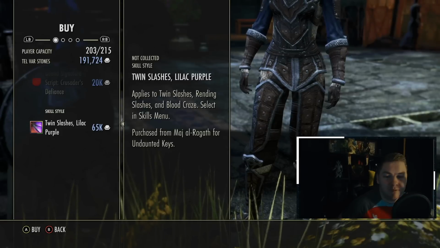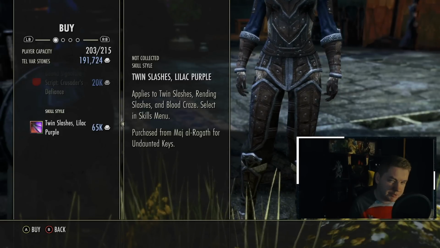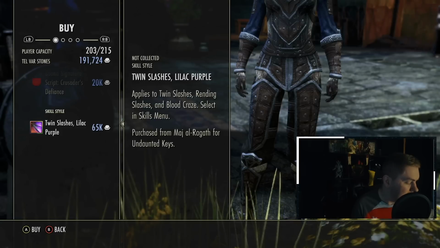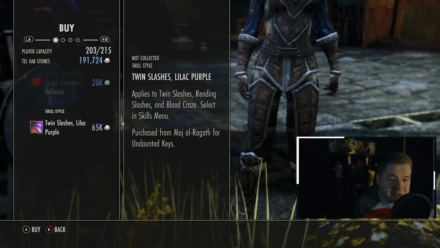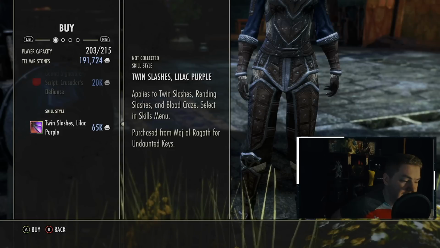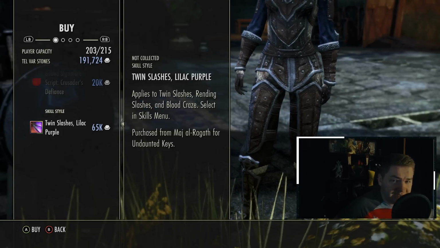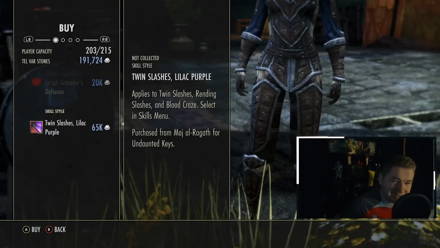And then we have finally our twin slashes of Lilac Purple. Notably, you can also purchase these with Undaunted keys. I don't know how to tell you if this is a good value or not. If you want to have lilac looking twin slashes, go for it. But 65,000 Telvar is a pretty penny, but that's where I need you guys in the comments below to tell me how much you value your Telvar,